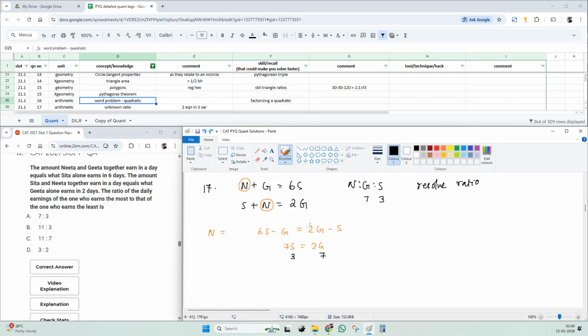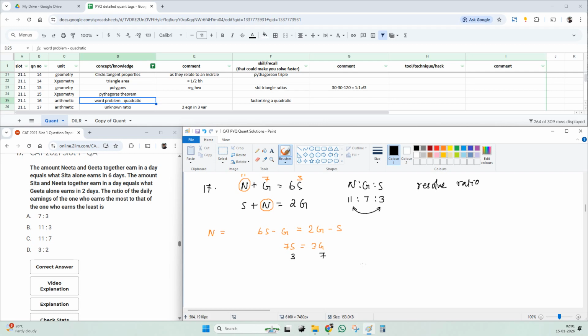Now if you put g is equal to 7 and s is equal to 3, you should get n is equal to 11, giving us a final ratio of 11 is to 7 is to 3, and an answer of 11 is to 3. If I'm not mistaken, it is 11 is to 3. So that is the